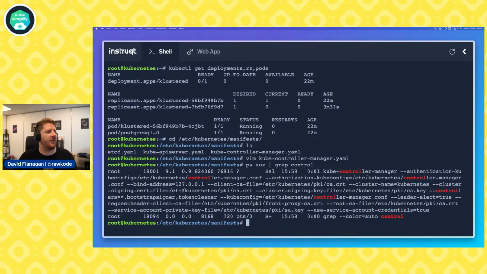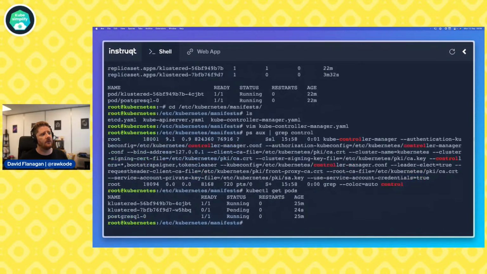And in fact, we could trace the flag all the way down on this ps aux, where we could see controllers here. And we'll see that it no longer has the minus replica set. So I'm really confident that running get pods now will show our extra container. And now we see the pending. So maybe Cyan wasn't wrong after all with his first guess.